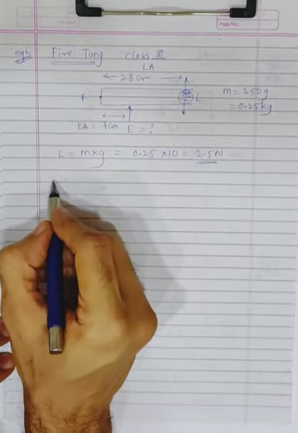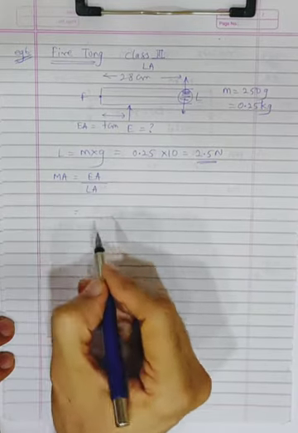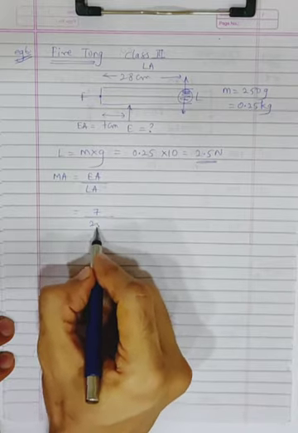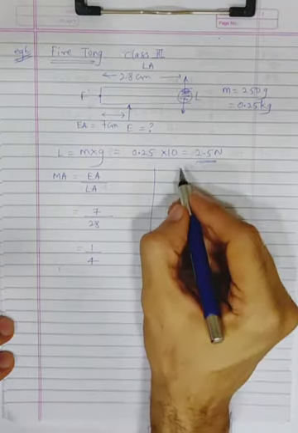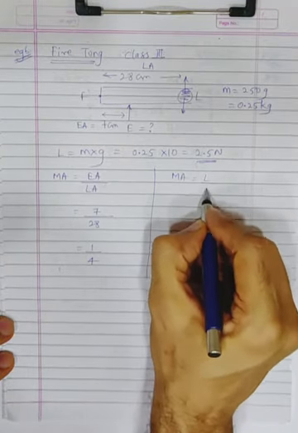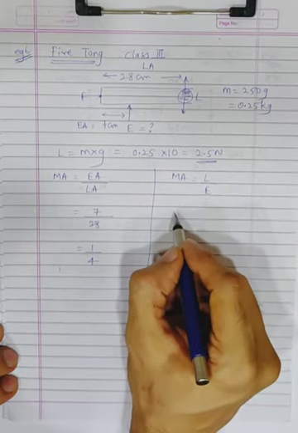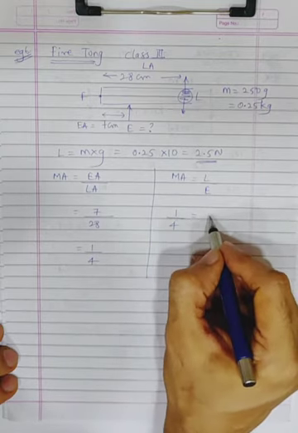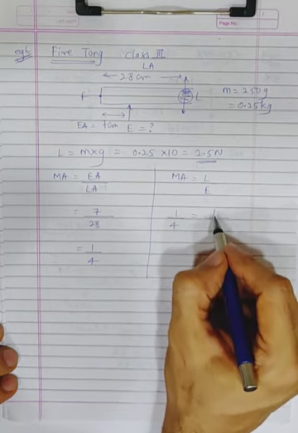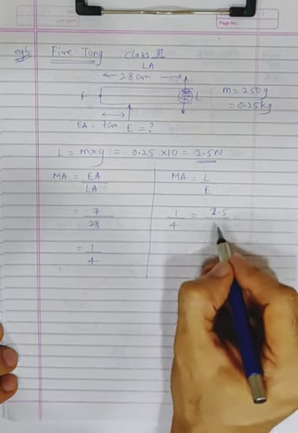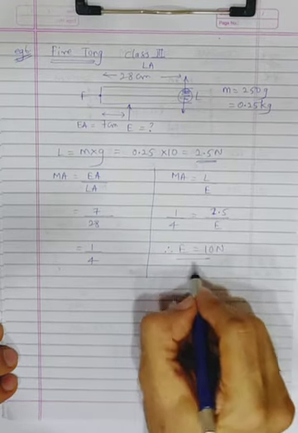Now what's the formula for mechanical advantage? It is effort arm upon load arm. Effort arm is how much? 7. Load arm is how much? 28. That is 1 upon 4. No need to convert into fraction. But we know there is one more formula for mechanical advantage. MA equal to load upon effort. So what is the MA now? 1 upon 4. What's the load? We do not know. Now we know the load. Load is how much? 2.5 Newton. So 2.5. Effort we don't know. Cross multiply. Effort will be equal to what? 10 Newton. Done.